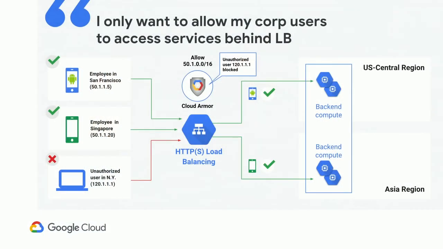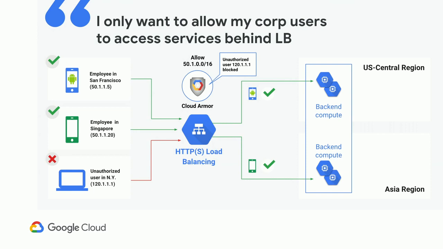All right. So here is an example that shows I have my HTTPS global load balancer configured with the backends, and I'm gonna configure a Cloud Armor policy. Here my corporate IP range is 50.1.0.0/16. So I'm gonna add a rule to my policy, allow 50.1.0.0/16. Now, as you see, employees in San Francisco and Singapore are gonna be able to access the service fine,